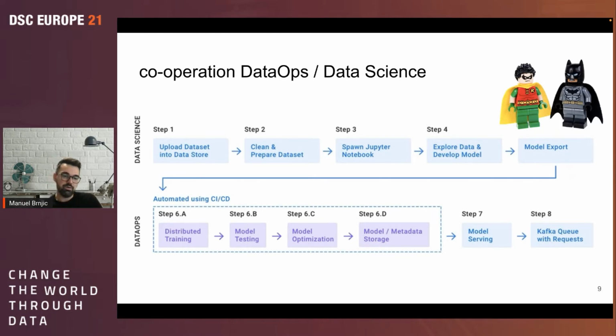And then the funny part starts. How do you automate CI/CD for data science or for ML projects? So usually you have to tackle things like distributed training, model testing. How do you do model testing? How do you do model optimization? How can you actually at the end compare those things? How can you do some A/B testing at the very end once it's really released? And how can you ensure that you actually have the full end-to-end process highly automated?